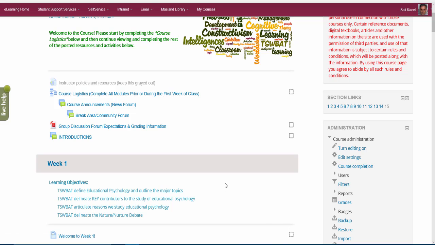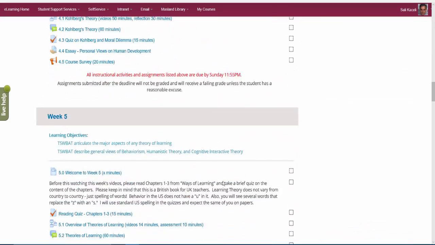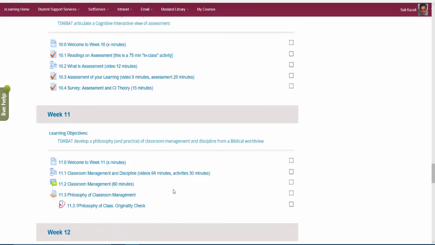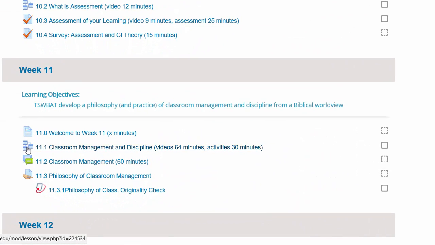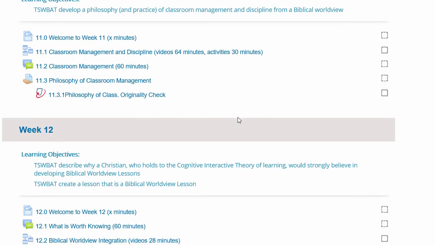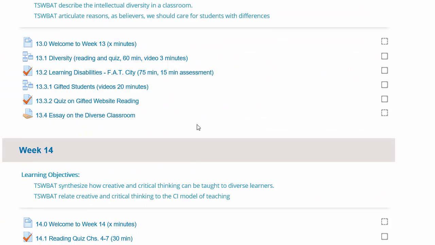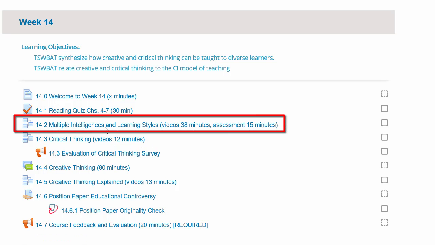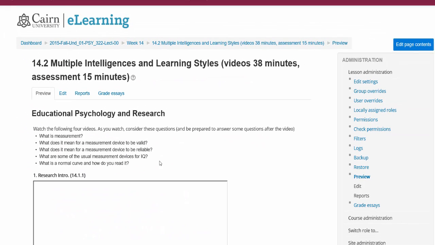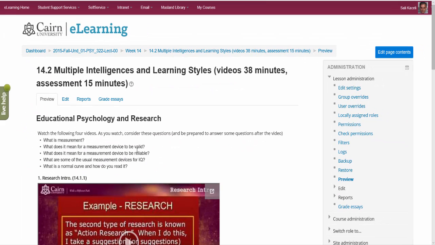So for example, here we have an online course, and by the way, we use those lessons quite a bit in online courses. And if we scroll down here to one of the modules, all of these that have this little icon in front of them are usually lessons. So I'm going to go to one of those lessons here, let's say multiple intelligences and learning styles. If I click on this, the lesson would look something similar to this for the students, or you can do something very similar to this, and it has a lot of flexibility in what you can do with the